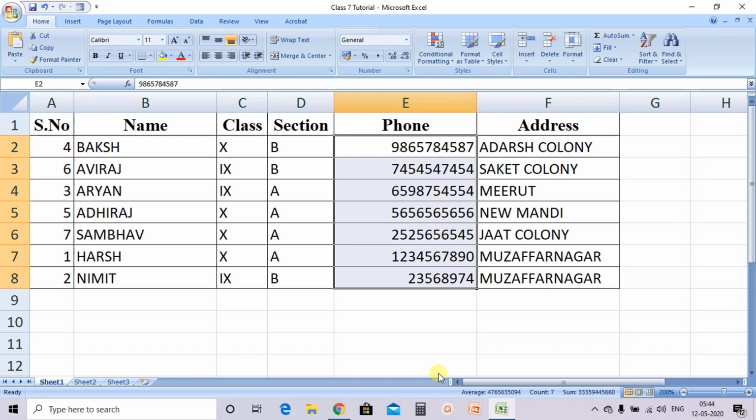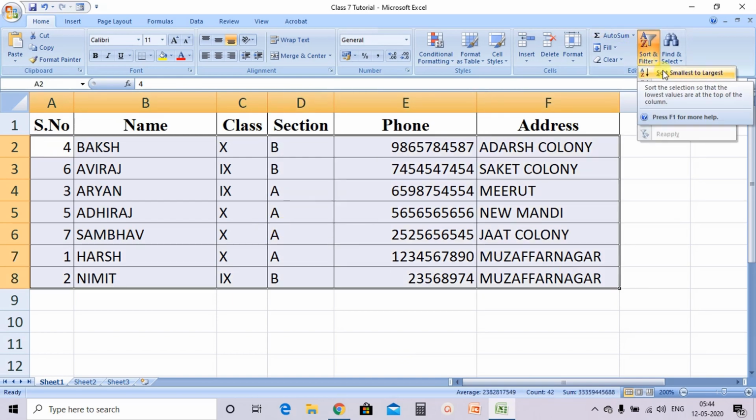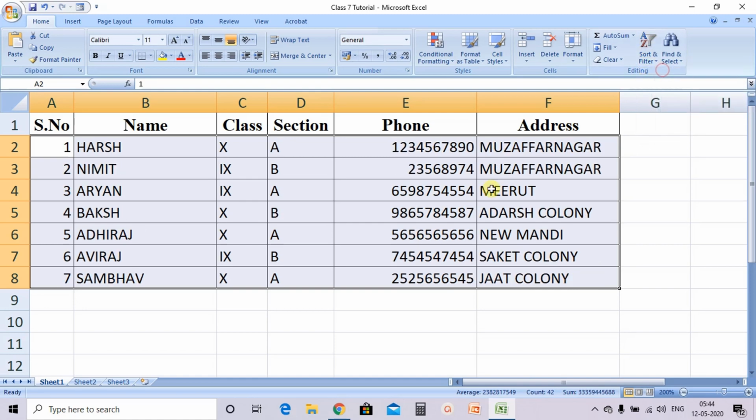I hope this is clear now. It means the sorting will work on both parts, either text or numeric values. But what you need to do, now suppose I am selecting this and going to sort and filter, smallest to largest. Now see,